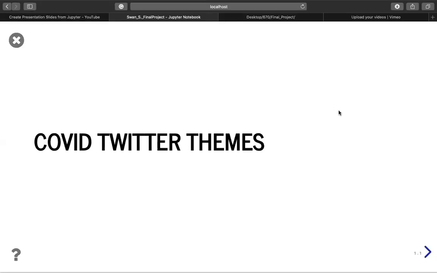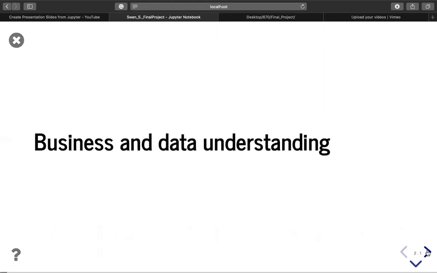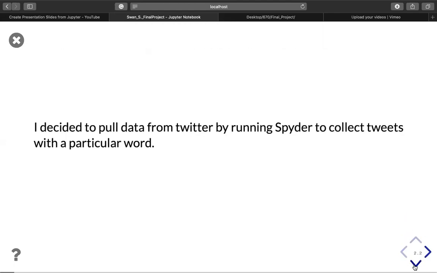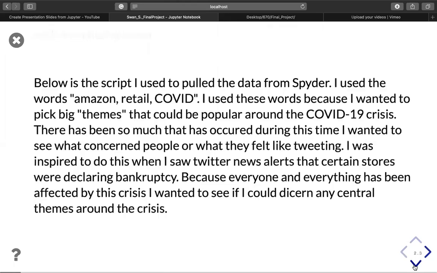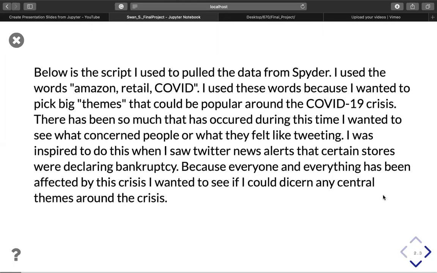Hi guys, so we're gonna go over some COVID Twitter themes today. First we're gonna start with the business and data understanding. I decided to use Twitter data and run a script through Spyder. I just thought real-time data would be interesting to use. And because I was talking about a topic that is occurring currently, I thought Twitter would be the best place